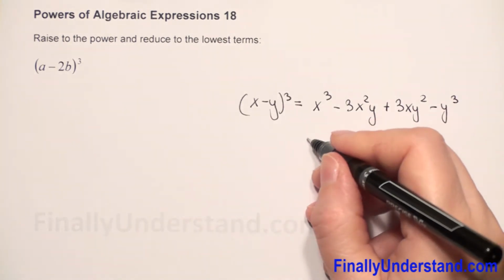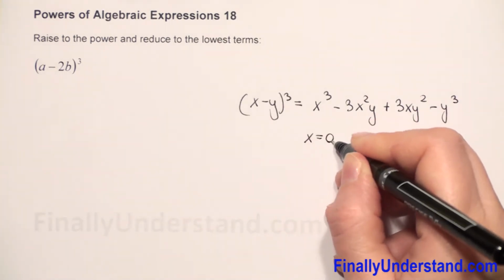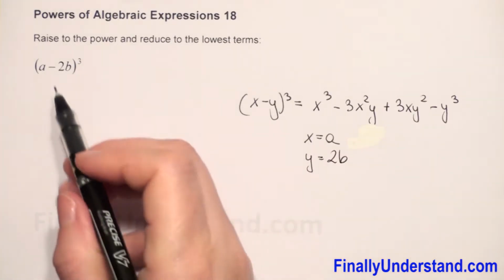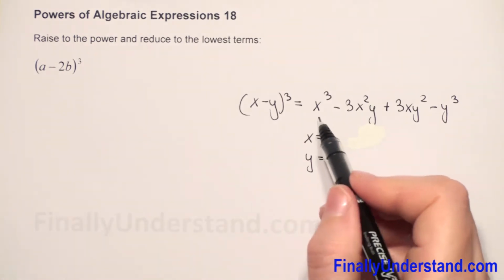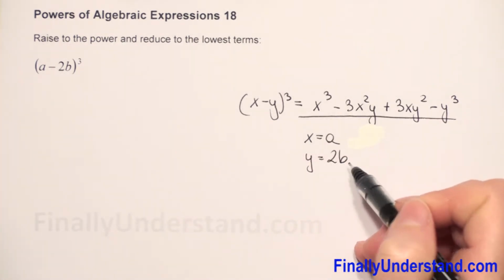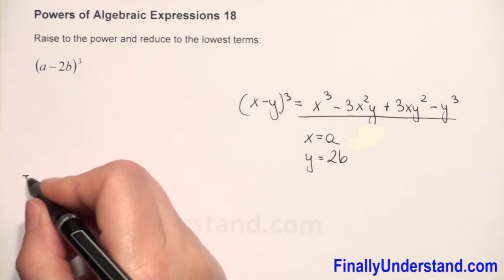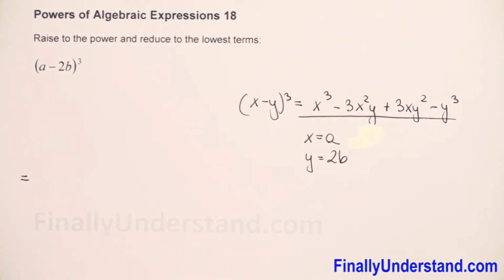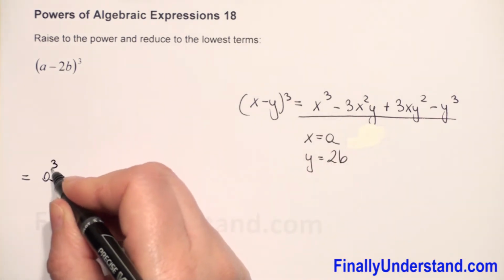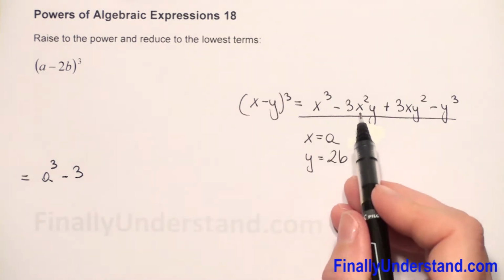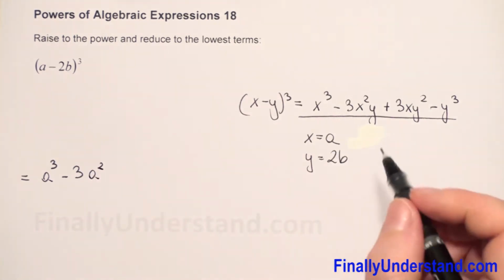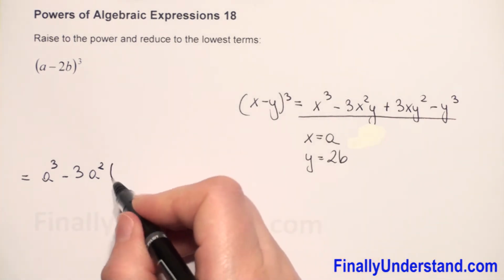In our example, x is equal to a and y is equal to 2b. So now we will just substitute into our formula, for x a, for y 2b, and we will have the solution. So this is equal. First we have x cubed, so we will have a cubed, minus 3, we have to copy, x squared, so we will have a to the second power, and y is 2b, so it will be times 2b,